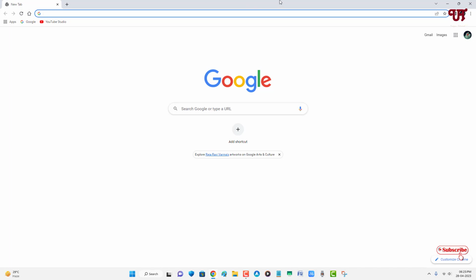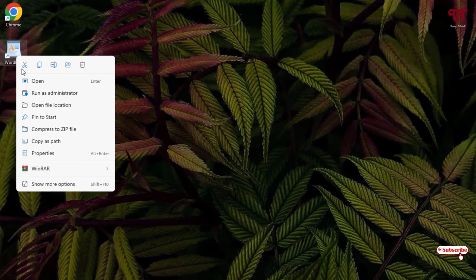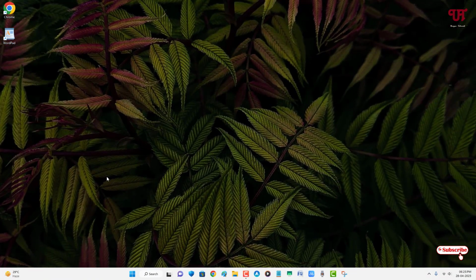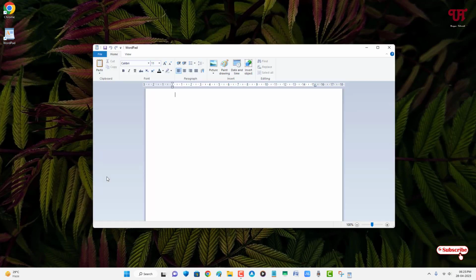Similarly, you can do the same method for the other program. Just right click on the respective program, click on Properties, click on the shortcut key box, and once again press the Ctrl key on your keyboard. So this is my shortcut key for this program. Click on Apply, click on OK. Now if I press Ctrl Alt and W, you can see the WordPad application gets